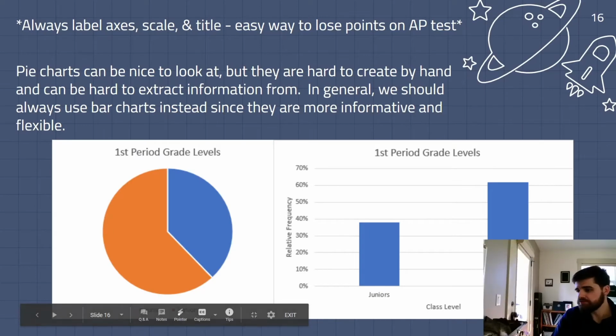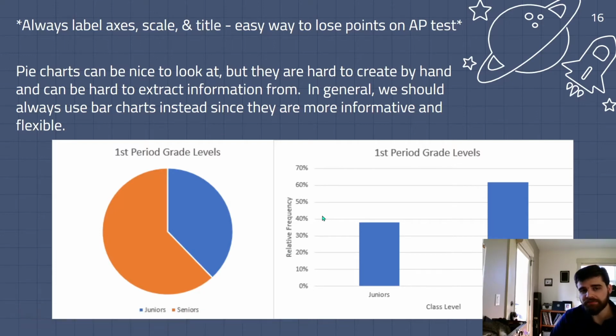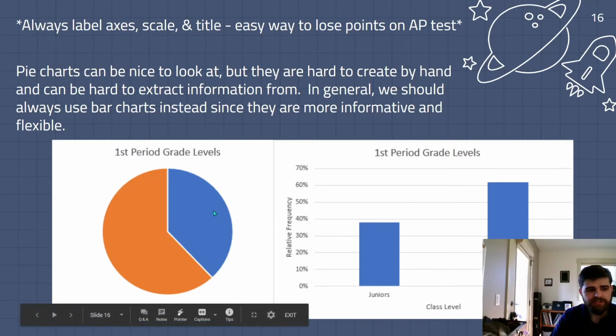Cool, a couple ways to visualize our categorical data. Pie charts and bar charts are good for this. Pie charts are really pretty, but they're not super practical. They're not something you can easily make by hand without getting a protractor and doing some math. So we pretty much will not use pie charts in this class, but you should know how to read one